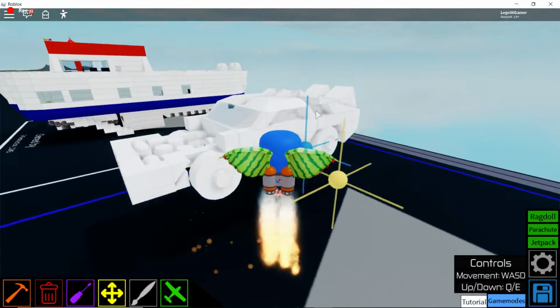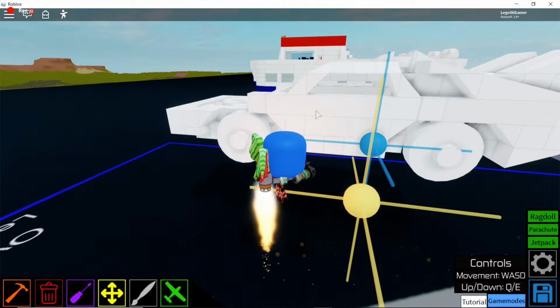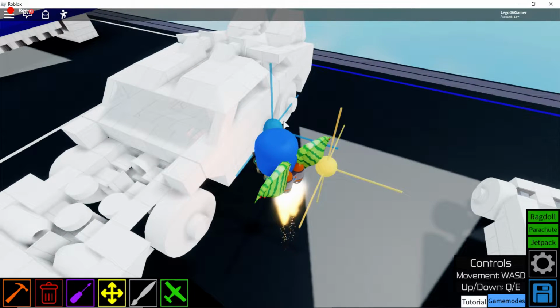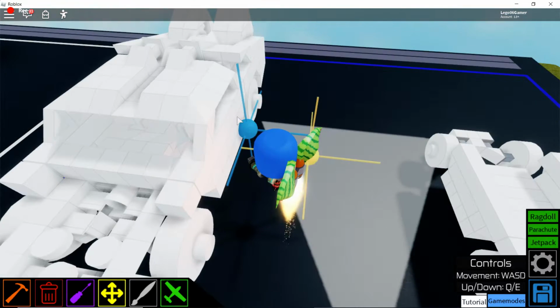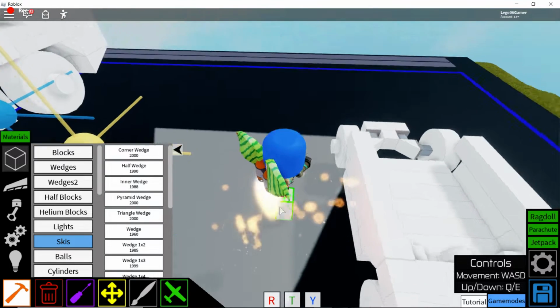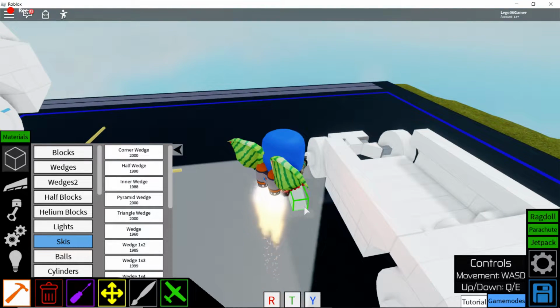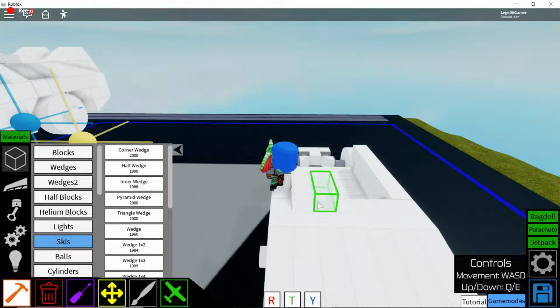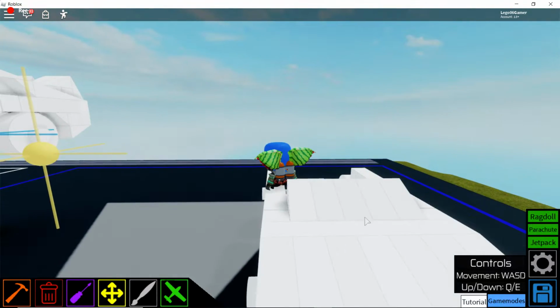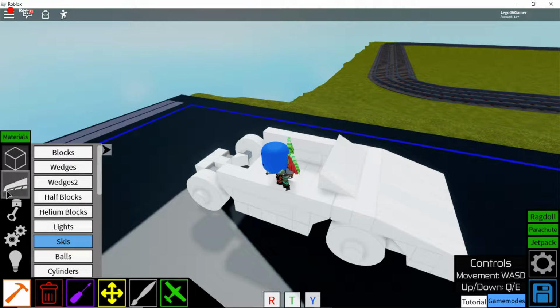Alrighty. So now we can focus on your doors. And once you get doors in place, then you can make your windshields. Although you can go ahead already if you want to, wedges 1x2. It's got to be a 1x2 wedge, and you're going to put it on these 5 blocks there. Then you're going to take